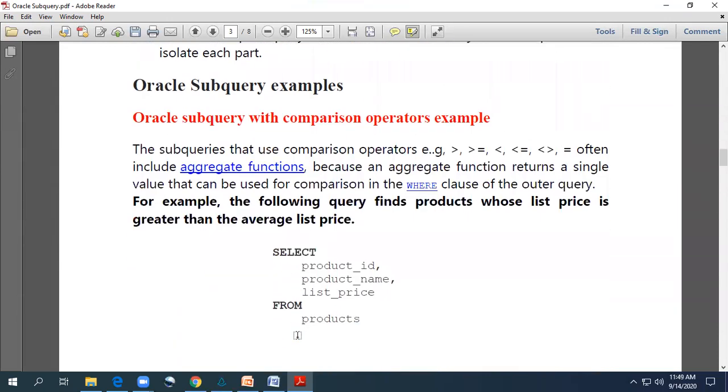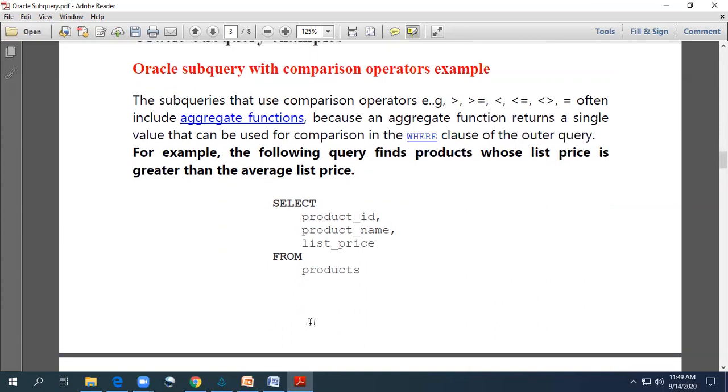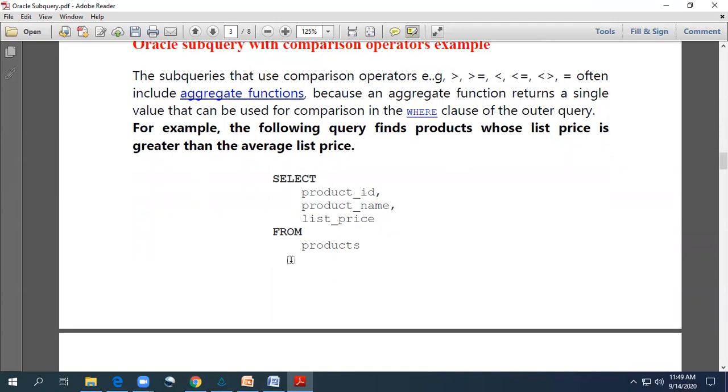Here we can see another example of the subquery. Like in your where clause, we can use different operators in these subqueries, as part of the solution and in the where clause itself. So here is another example. The following query finds the products whose list price is greater than the average list price.